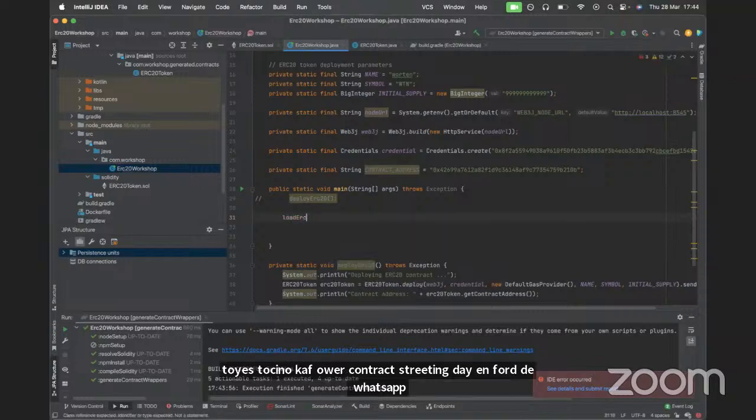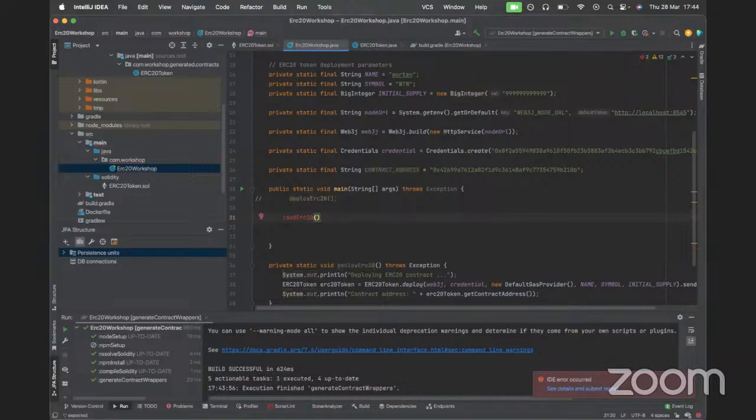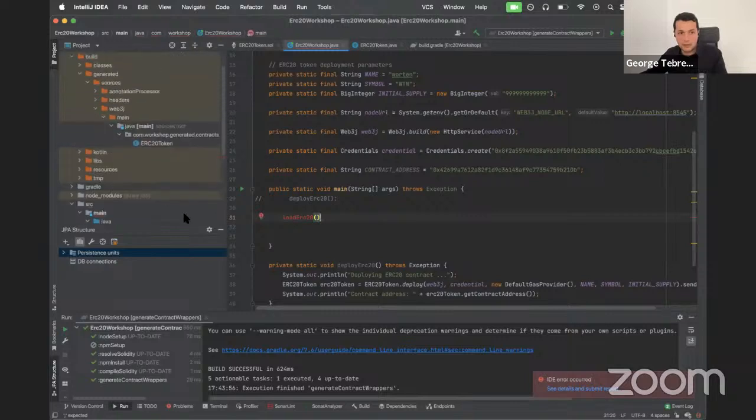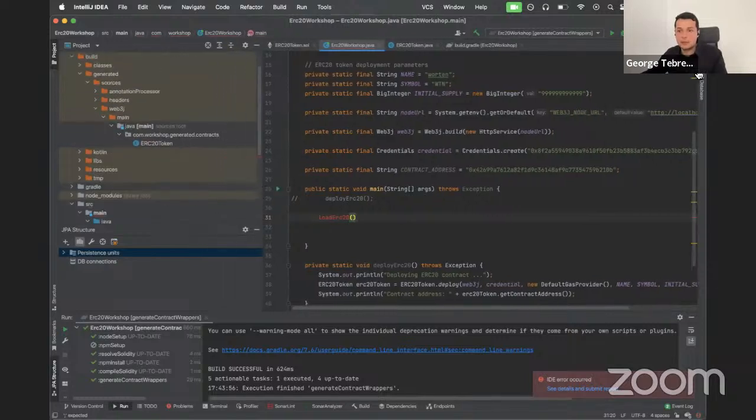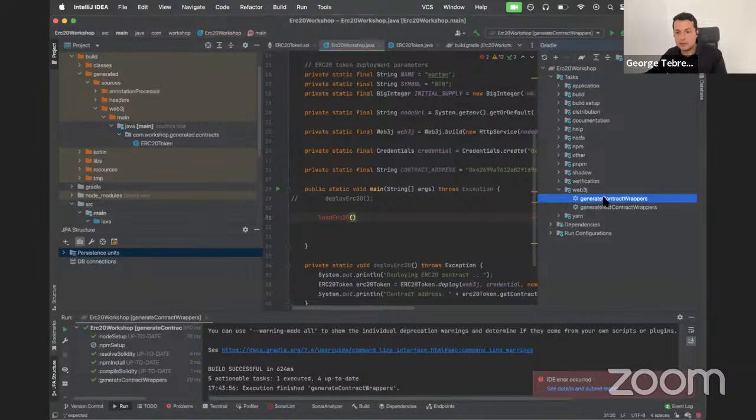Sorry to interrupt again. Users are asking how the ABI and bin files are generated. Okay. As I was mentioning, there is this generate contract wrapper, and behind it Web3j takes care of everything. It takes the text of the Solidity smart contract, and based on that text it does parsing. And as I was mentioning in the slides at the beginning,